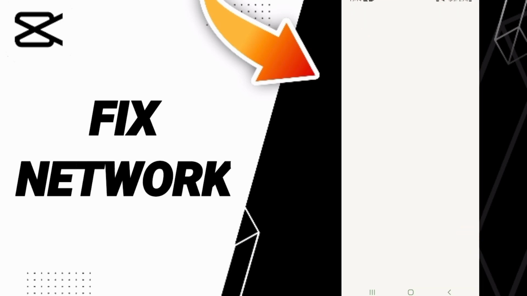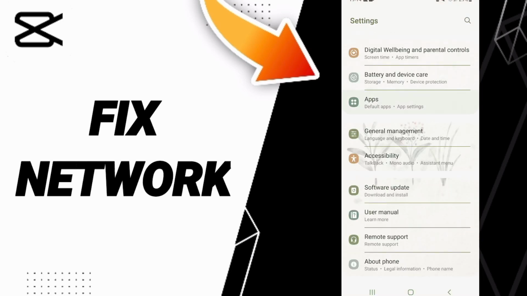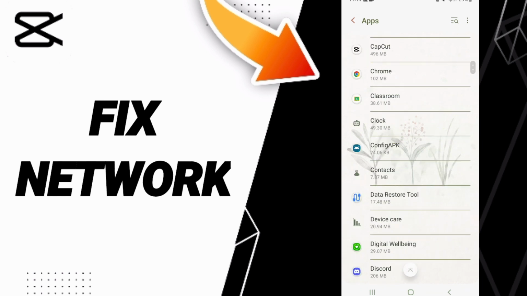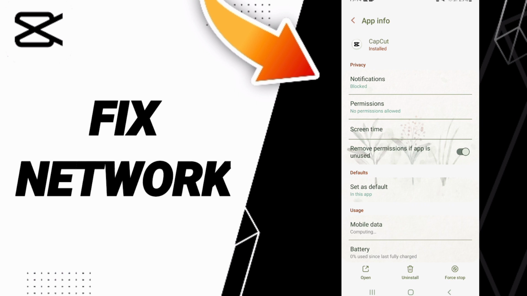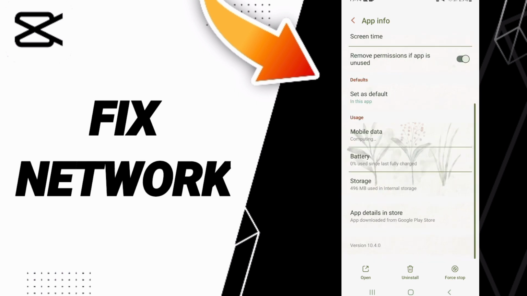Hi guys, today we'll talk about how to fix or how to solve the problem of network on CapCut. To know how to fix or how to solve the problem of network on CapCut app,